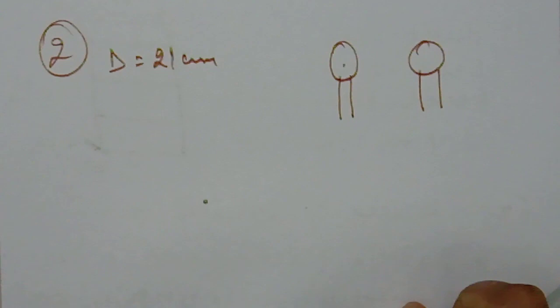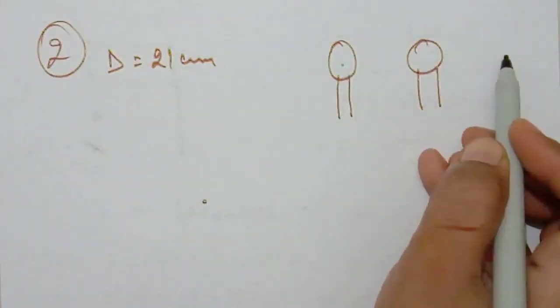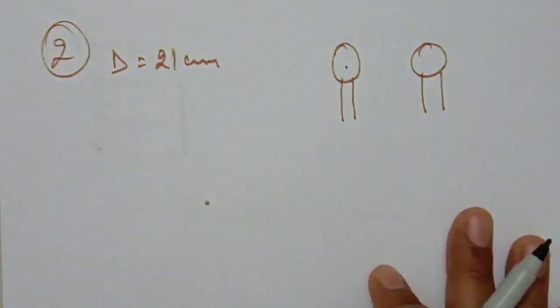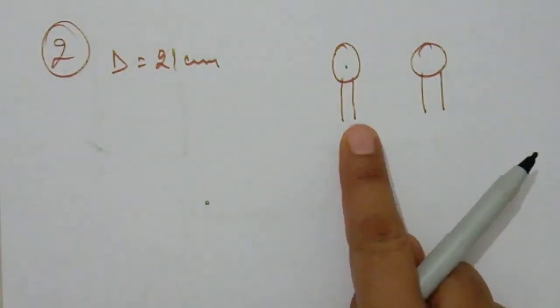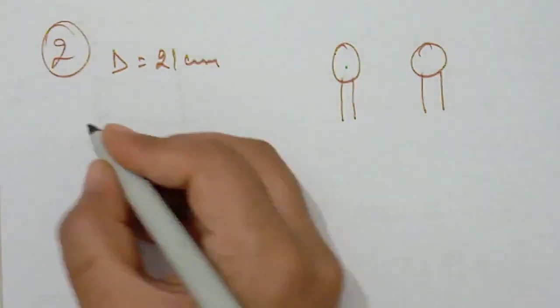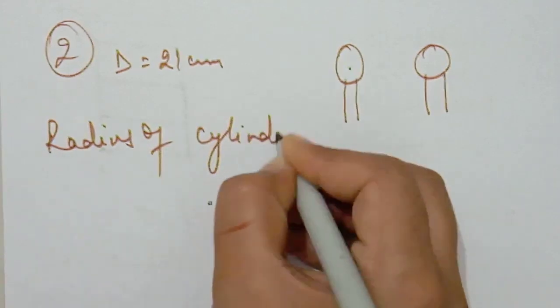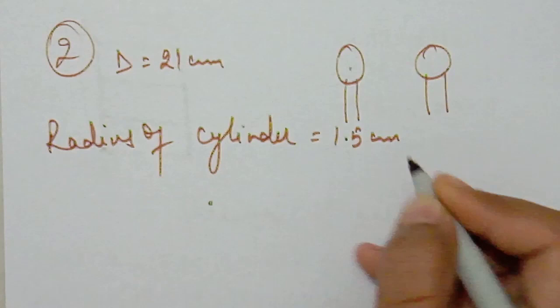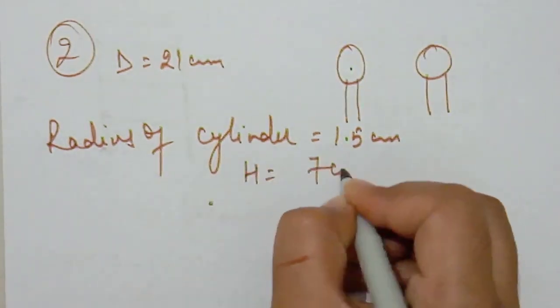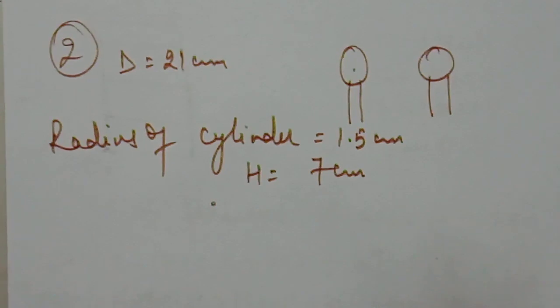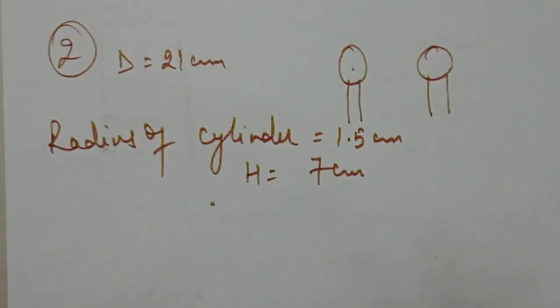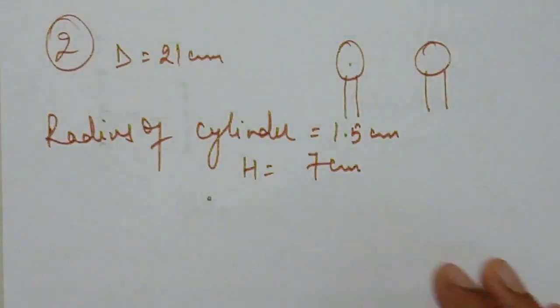And then he said 8 such type of spheres are used for this purpose and are to be painted silver. 8 spheres are there, painted by silver color, and each support is cylindrical with the radius of the cylinder 1.5 centimeter, and the height is 7 centimeter, is to be painted black. Find the cost of painting required if silver paint cost 25 paisa per centimeter square and black paint cost 5 paisa per centimeter square. Students, it is very easy to find the cost.